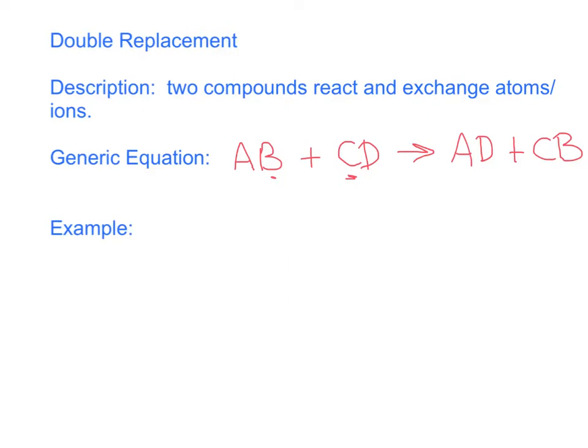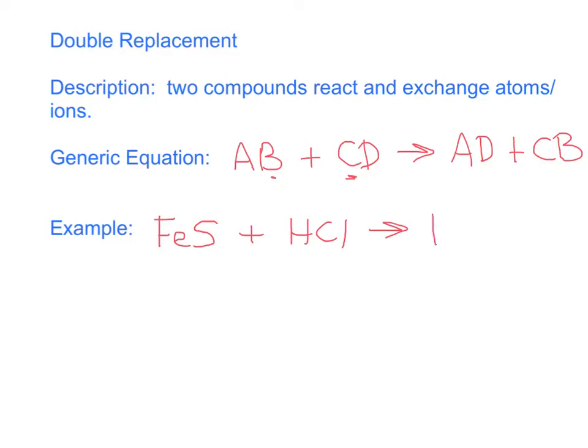So then, an example of this would be iron 2 sulfide. So that's going to be FeS, because S is a -2 ion, plus HCl, hydrochloric acid. So you can think of it as the cations are going to swap places with the anions. Yields